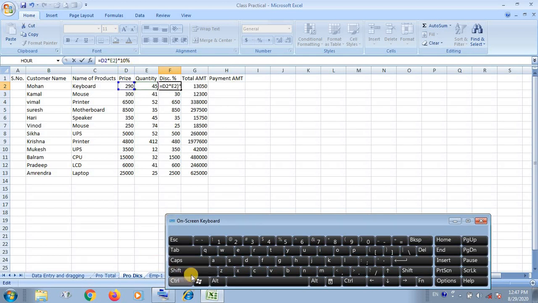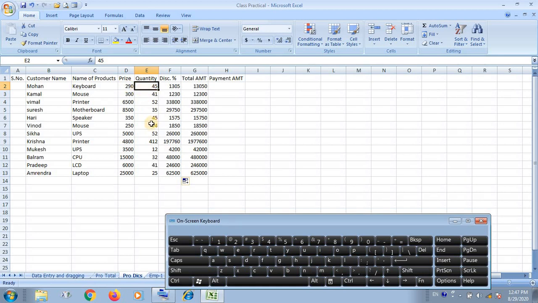You have to use the small bracket that is given on the 9 digit, and this also you have to use here by pressing the shift key, and then press the enter key. In this way you can calculate the total percent amount on all the quantity of the product.